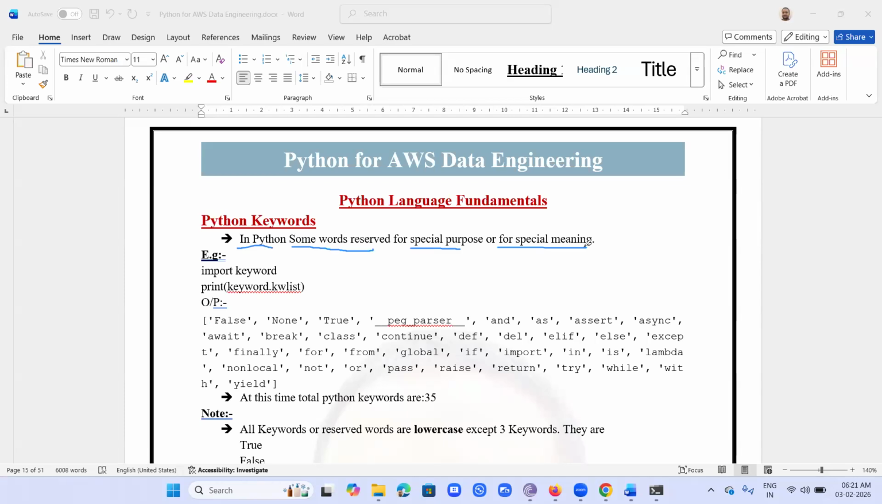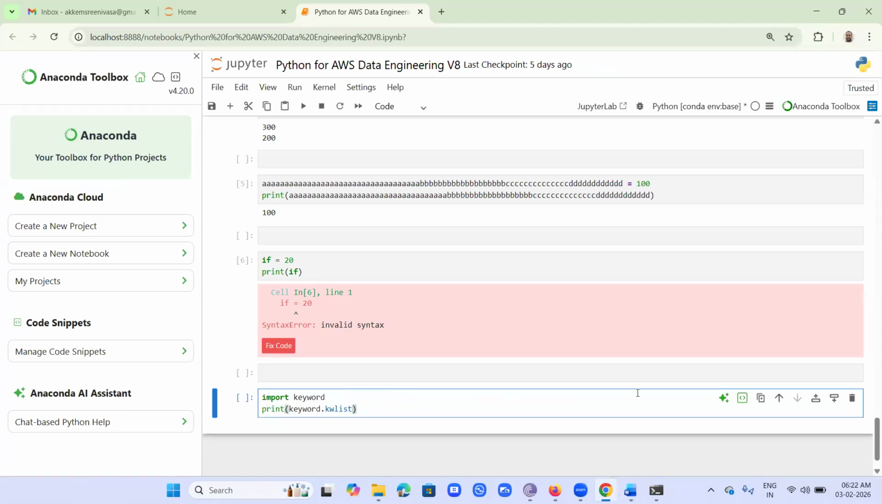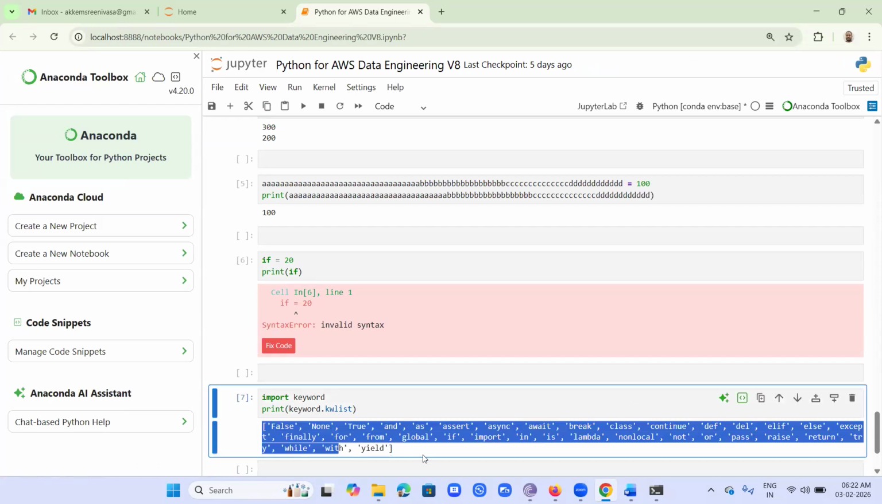In Python, some keywords are reserved for special purpose or special meaning. To find the list of keywords, Python has defined one module called the keyword module. Then we can use a variable called kwlist. If you print keyword.kwlist, it will display all keywords reserved in Python. Let me take this one. Let's say